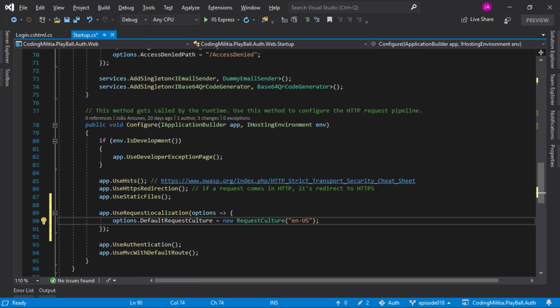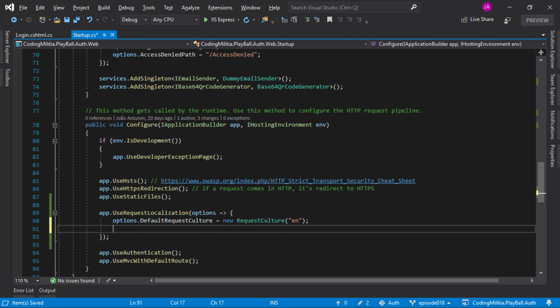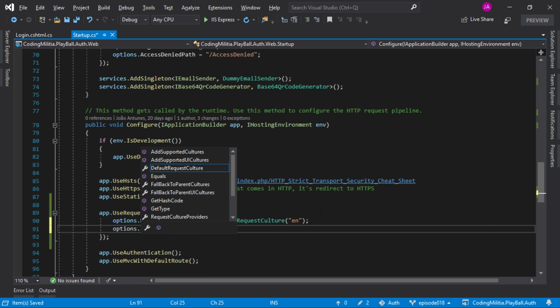But instead I'll just use this. So depending on whether an American visits the page or an English person visits the page, we'll get the same culture, because I won't be doing this separately, but I could. So options,